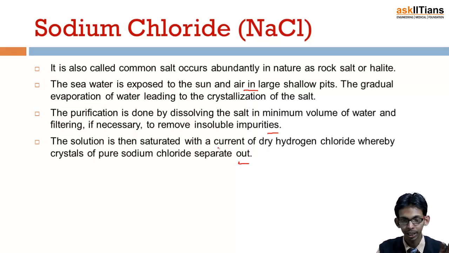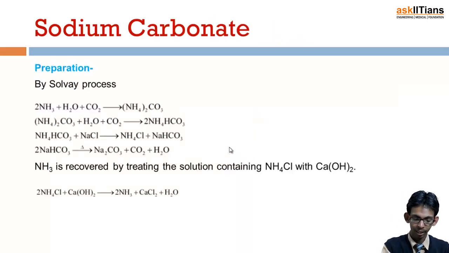Water gets evaporated, leaving behind the salt. Purification of salt is done by first dissolving it in water. We know salt dissolves properly in water, and whatever impurity is there will remain undissolved. That impurity is filtered out, and in the clear filtrate, which is water containing NaCl in dissolved form, we pass hydrogen chloride gas, which results in precipitation of pure sodium chloride crystals. And this is actually how we obtain it from seawater.